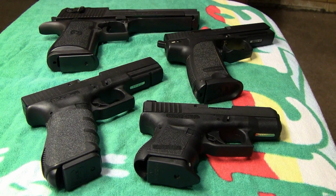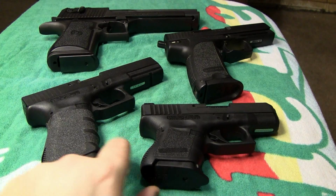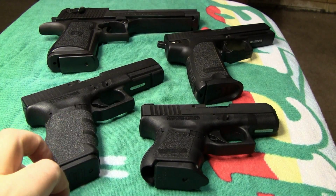Now, the only Glock that's ever given me a jam in my 15 years of owning and shooting Glocks is this one that's on the table. And I don't know if I can blame the gun or not. Let me give you a little background on the gun. Like I said, it's a police trade-in, and